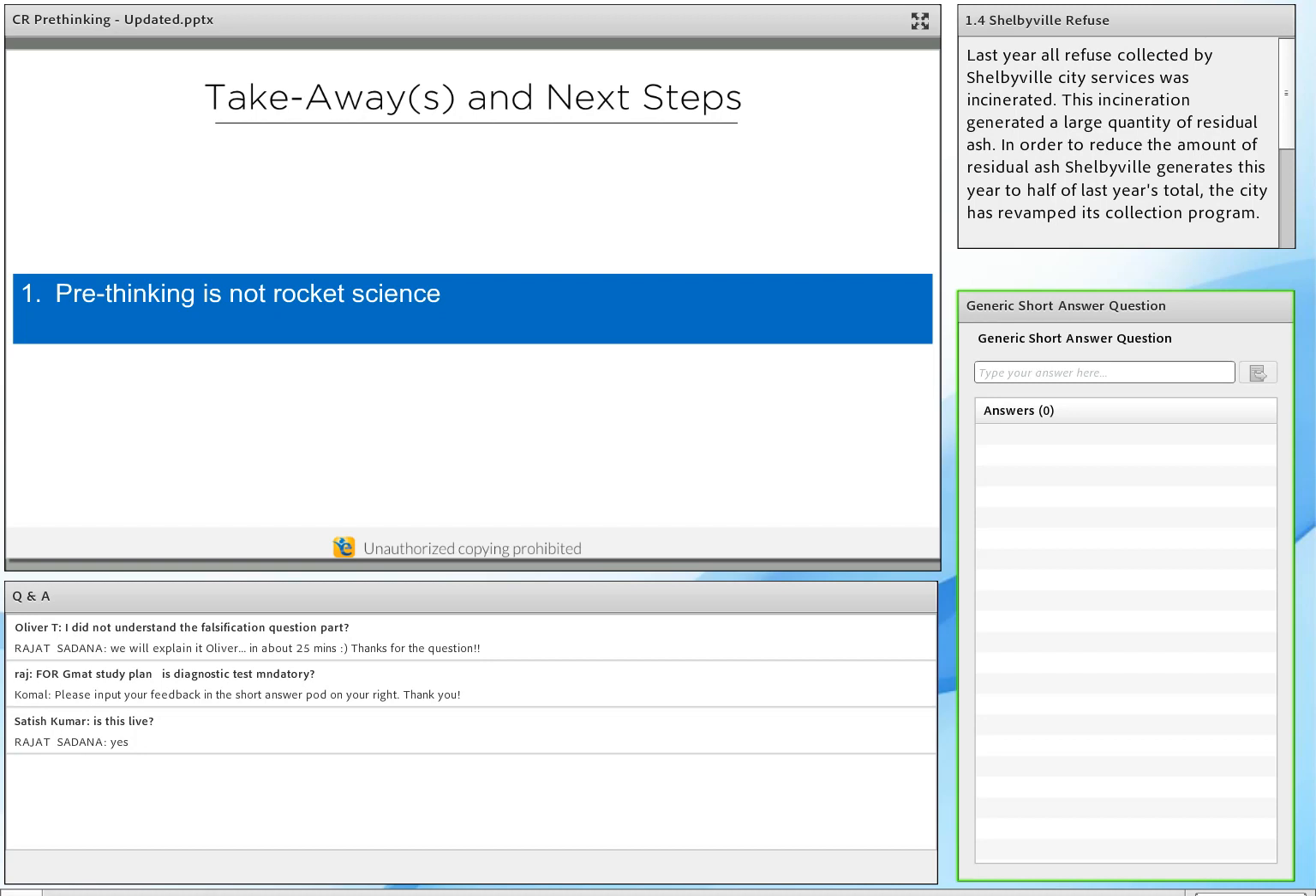So pre-thinking is not rocket science, and as you use pre-thinking, you're able to achieve way higher accuracy. You're able to get to the answers faster. Why? Because it crystallizes your thinking. It does take some time to build that skill, but as soon as you do this, you're going to find